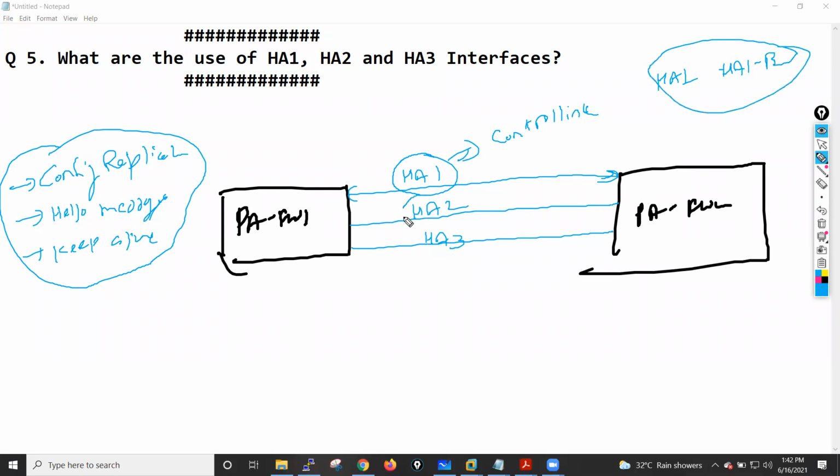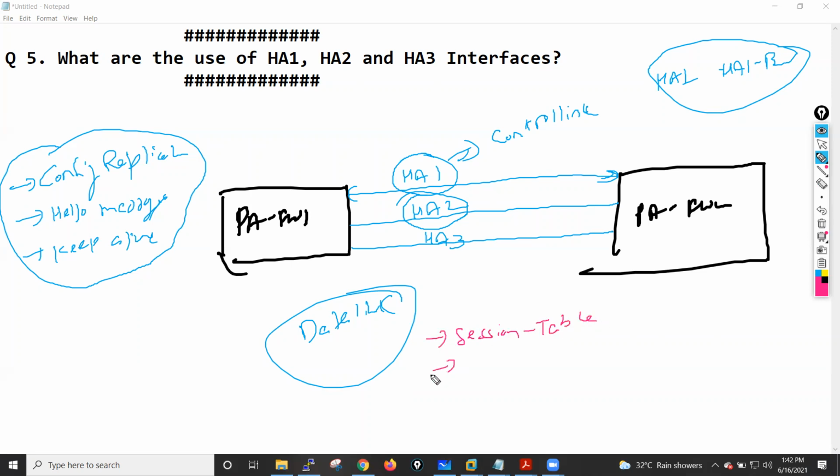The HA2 interface is known as the data link. Through this interface, both firewalls exchange data like session information and session table details.